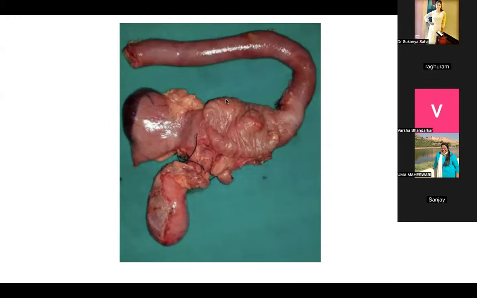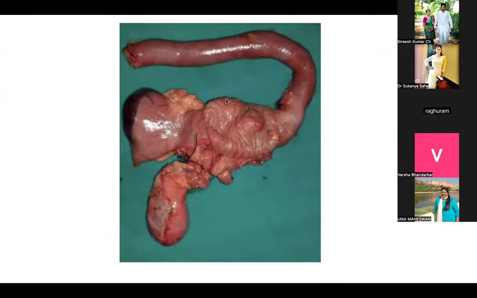In what all cancers do we do this Whipple surgery? Pancreas, head of pancreas, cholangiocarcinoma. Cholangiocarcinoma, good. What is there around the head of the pancreas? Duodenum. And what is connecting the duodenum and pancreas? Ampulla of Vater. Yeah, so head of pancreas, duodenum, common bile duct, and ampulla of Vater, in all these cases you tend to do